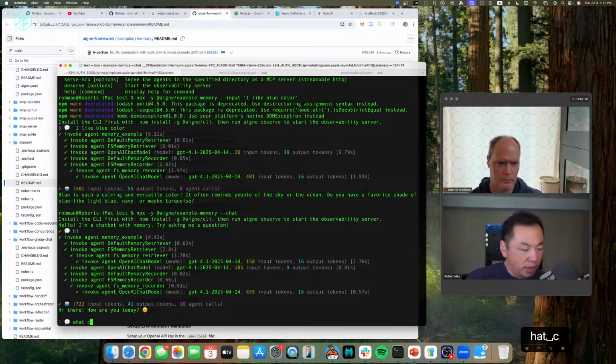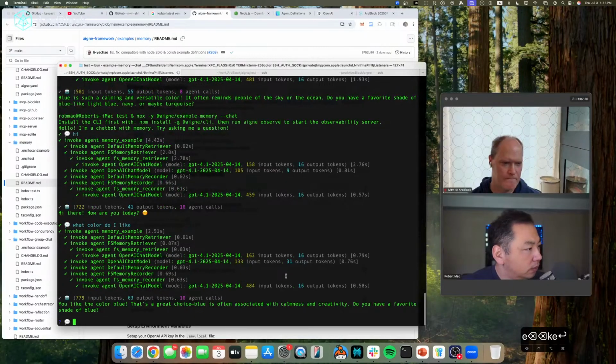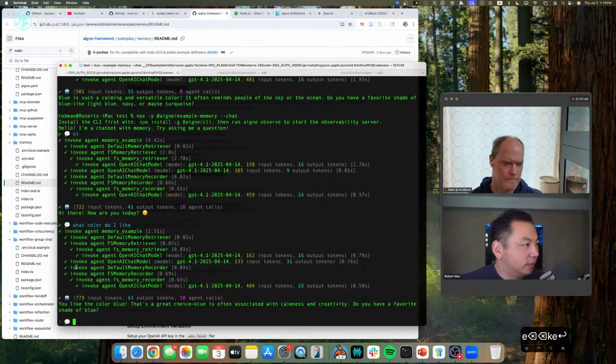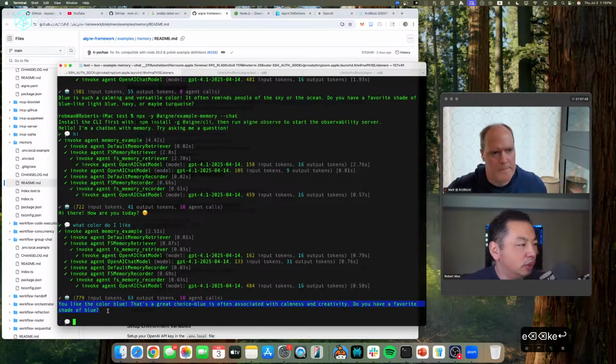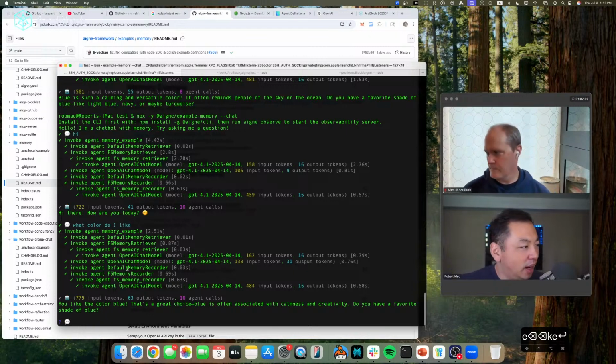What color do I like? Yeah, you can see this is a memory demo. So the AI knows that you like the color blue, right? Why does the AI know I like the color blue?